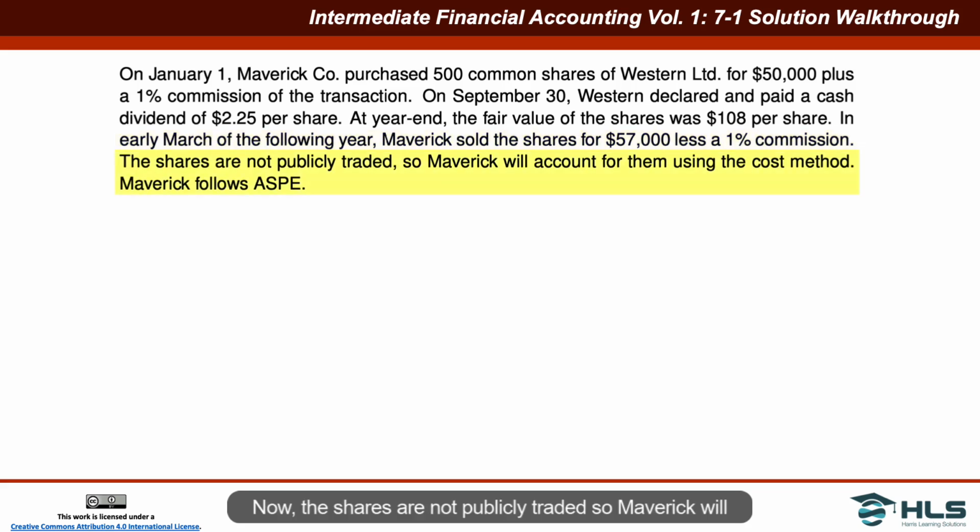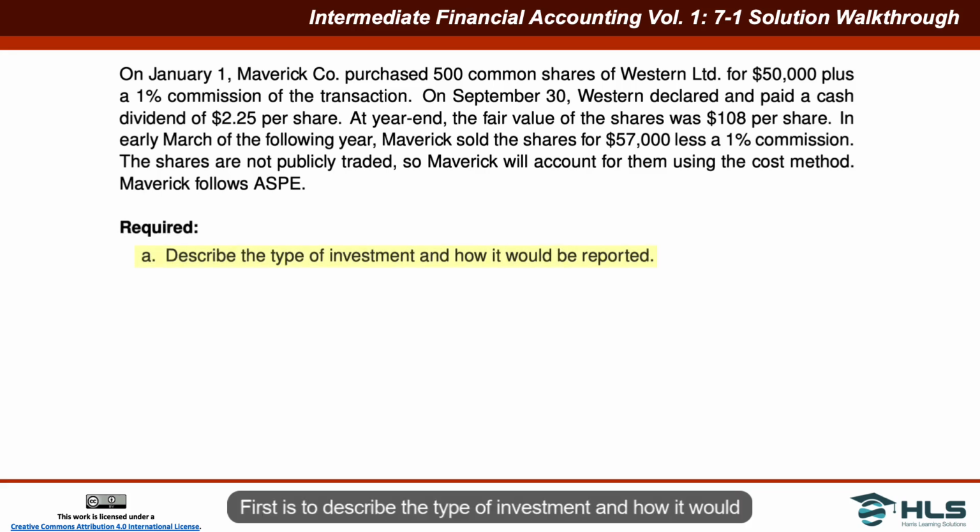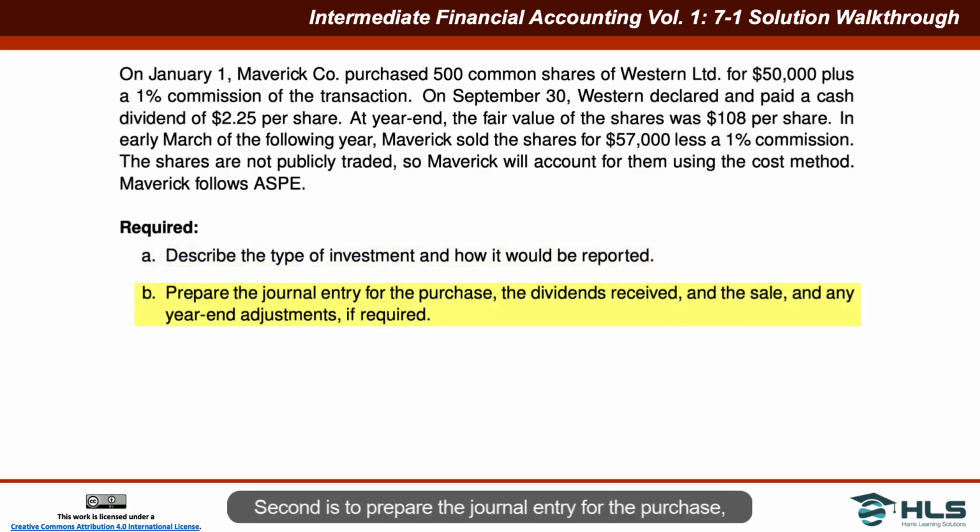Now, the shares are not publicly traded, so Maverick will account for them using the cost method, and Maverick follows ASPE. So there are 4 requirements for this problem. First is to describe the type of investment and how it would be reported. Second is to prepare the journal entry for the purchase, dividends received in the sale, along with any year-end adjustments